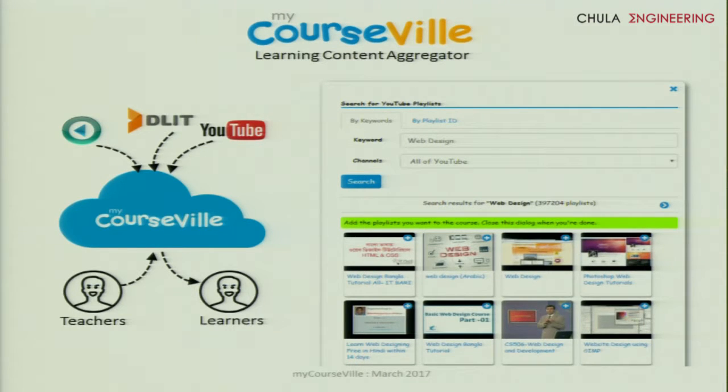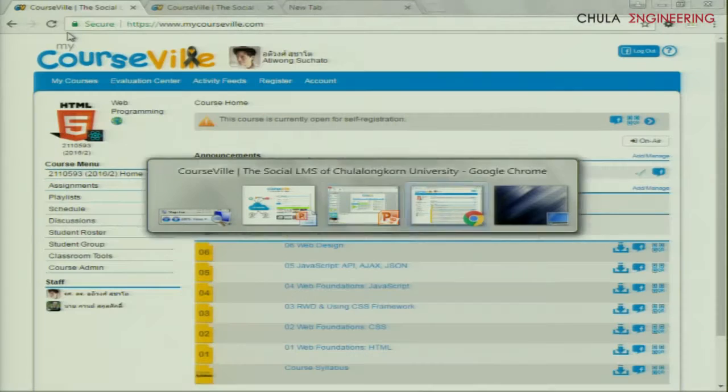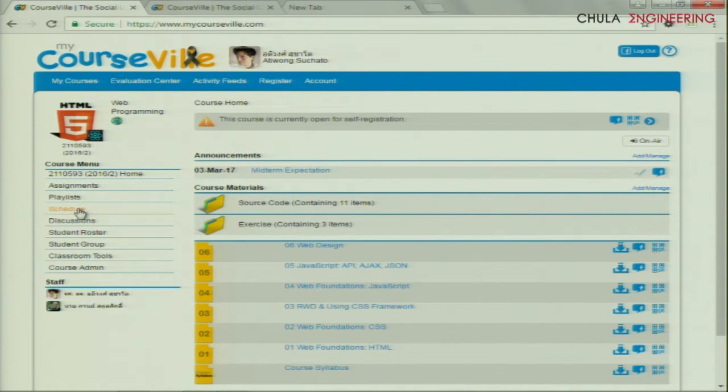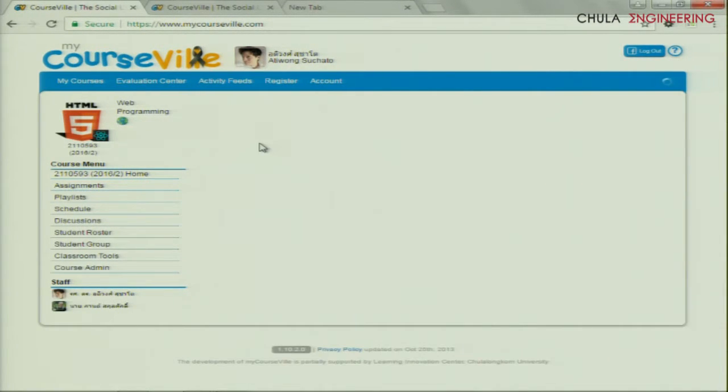So in Conceive, we have features that let you search for YouTube playlists, and once you have a playlist you would like to assign to students, you assign it. And when you assign, it's in one place. It's in the learning management system. Students come in the course, look at the video. We know the percentage, the time that they look at the videos, right? Well, it's something like this for the playlist, right?